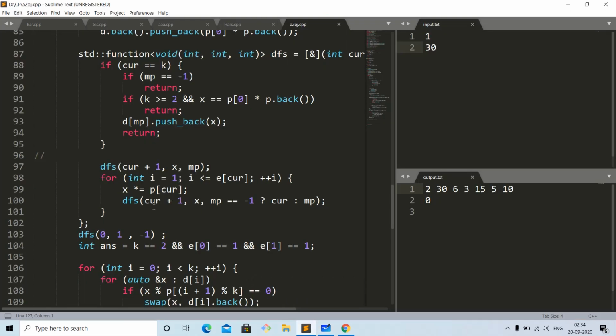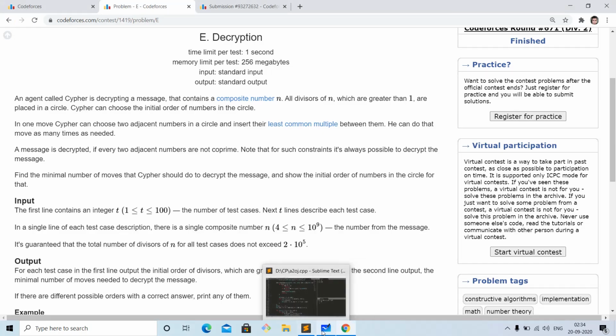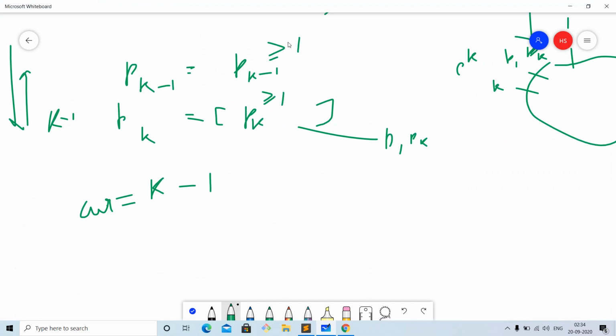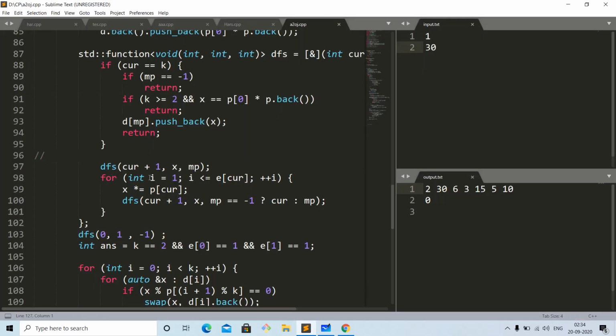And after that we will increase this current value, and when we increase the current value, what we are doing essentially is we are going to take the factor of pk also, which will be greater than or equal to 0, right? So we will then fill the vector pk minus 1 all the way here. We will go all the way to the p1 when we fill all the p1, the d0 vector, right? Like this vector, when we have filled this